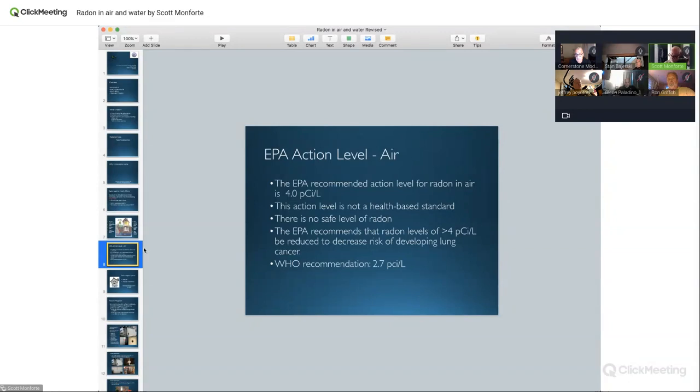There's still a risk at 3.9, at 2, at 1, there is always a risk. And people go, I want my radon 0. Impossible. We can reduce the levels, reduce your exposure, but there's always going to be a radon level in the house of something. 0.5 is great, 1 is good, 1.7 is good. And again, where do you spend most of your time? My house, I spend a lot of time in my basement. I have a radon system in my own home. Some people don't spend any time down in the basement.